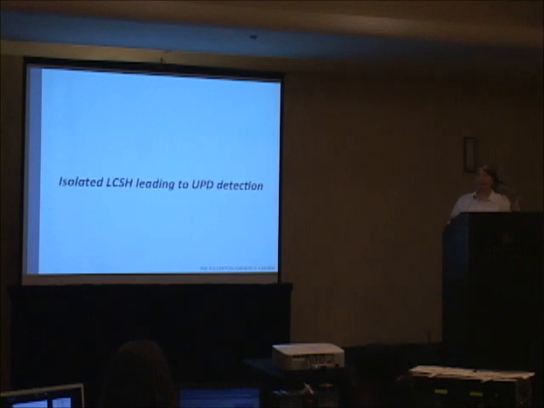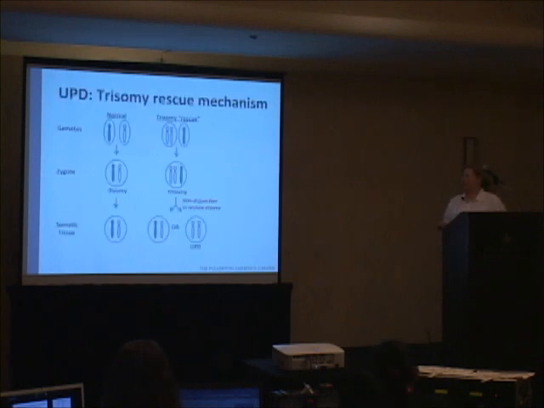So when you have an isolated block of homozygosity, and I should have introduced the term, LCSH just means long contiguous stretch of homozygosity. So if you just have one chromosome involved in a big block of homozygosity on that chromosome, you should think about UPD. Doesn't mean it is UPD, but it should certainly get your attention. And I'll just review this for anybody taking boards anytime soon. This is a nice review, but I won't go into it too much.